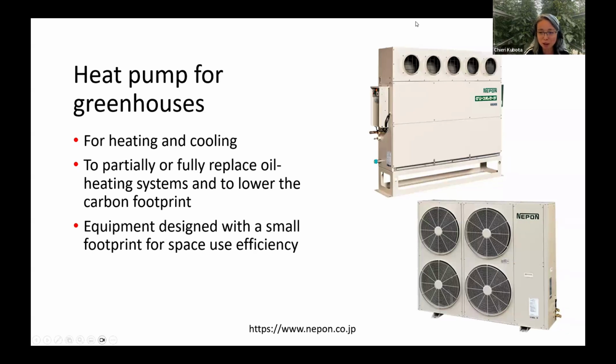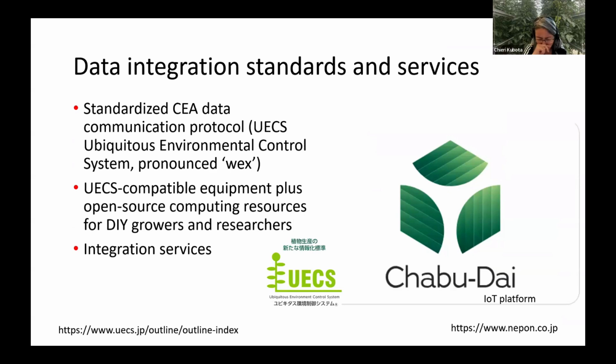So by the way, this is an internal unit. Is that what you call? So the unit to put inside, and then the unit to put outside. Heat pump. So it can be used for cooling and then also heating. So this one